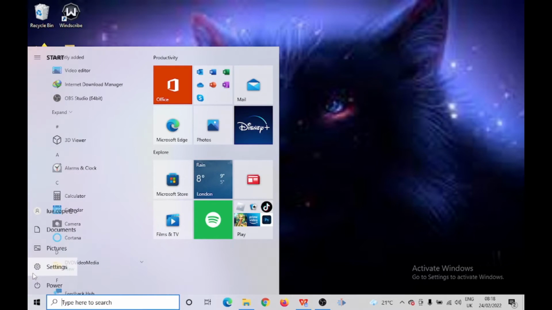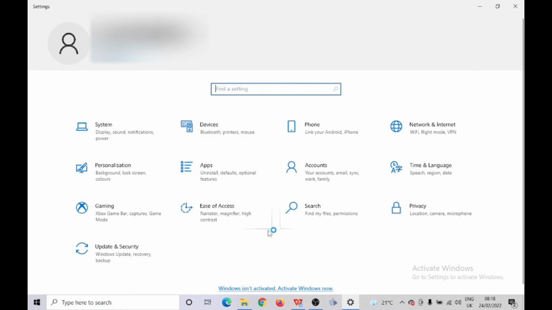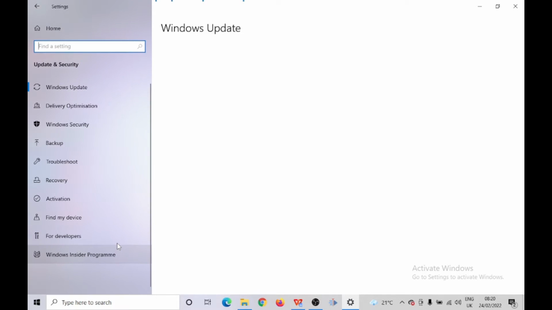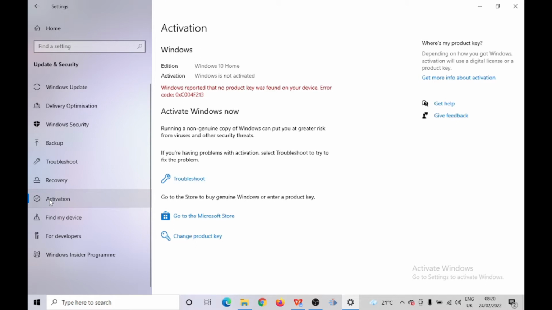Go to settings. Once you are in settings, at the bottom left hand corner you see update and security. Click on it. Go down to where you are seeing activation tab. Let's click on it. And so right here you can see it's telling me Windows is not activated. So let's minimize out of this tab